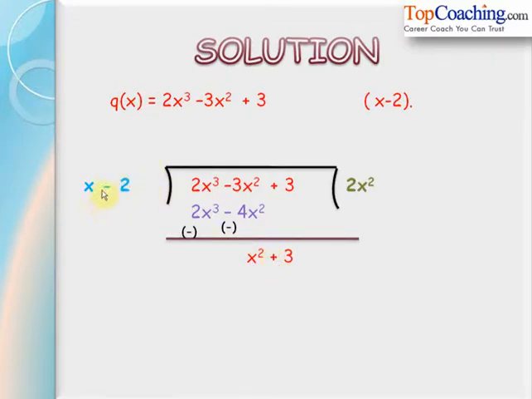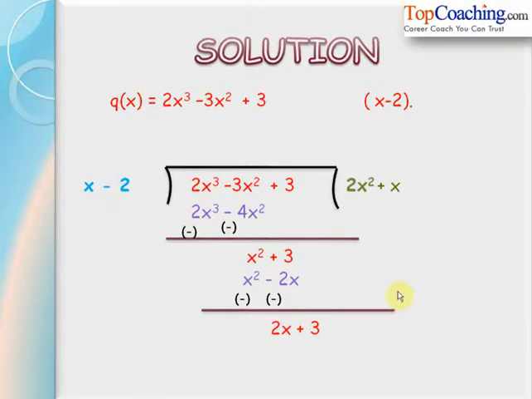Now again the divisor is x minus 2. Now again observe the first term here is x square. Now if we multiply this divisor by x, then what we will get is x square minus 2x. Therefore we multiply it by x, and we get here x square minus 2x. Again we subtract this polynomial from this, and what we get is 2x plus 3. Now the dividend becomes 2x plus 3, and we have to divide this by x minus 2.